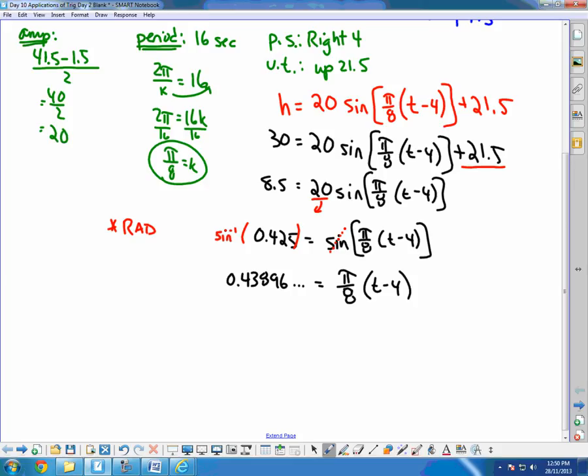Next, divide by pi over 8. So in that case, again, this number is all on my calculator, it would be times 8 divided by pi, right? It's being divided by 8, so I got to multiply by 8, then divide by pi. That's going to leave me with t minus 4. I think if I punch that in my calculator, I get 1.1178